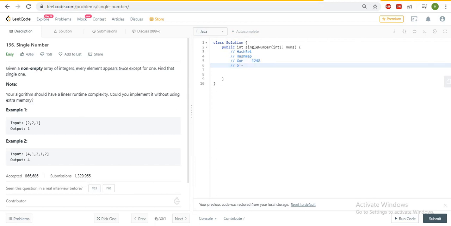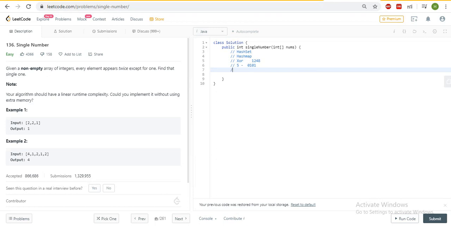How can we represent 5? We can represent it as 1 0 1, starting from the right hand side. So this is the binary representation of 5.